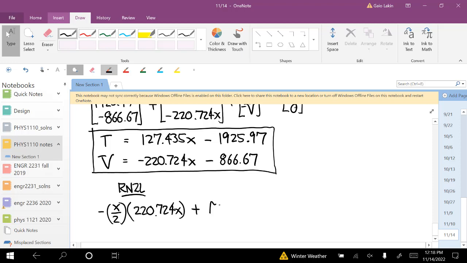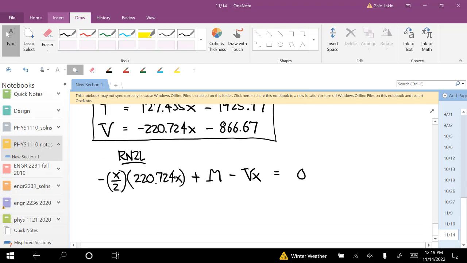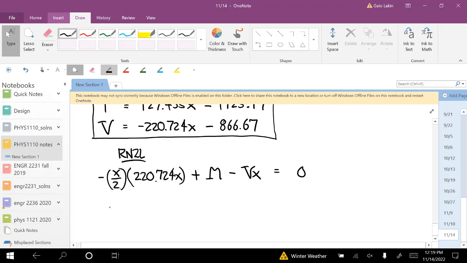And then you have plus the couple M, minus V with a moment arm of x, so minus Vx is equal to 0. And so M is equal to Vx